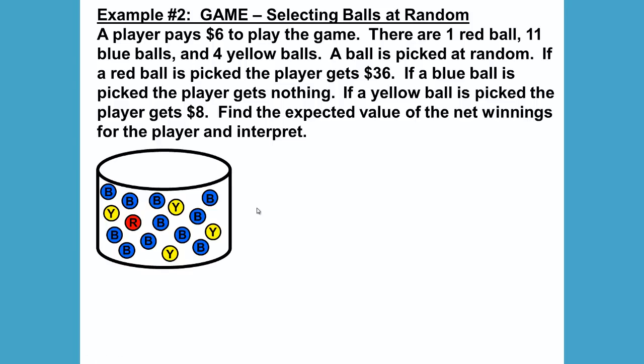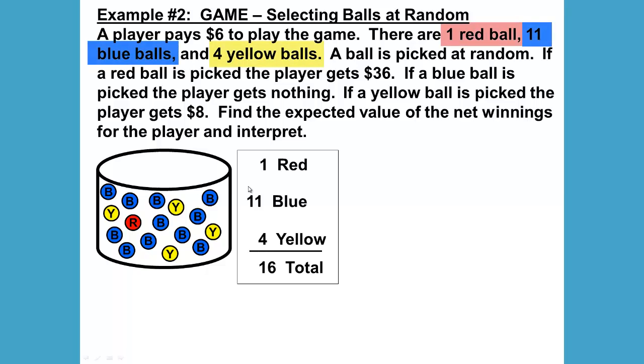First, let's make a drawing to represent what is happening in the words. A picture is worth 1,000 words. A picture of the words will help you take ownership of the problem. As long as it's the teacher's problem, you will not be able to solve it. You've got to make it your problem. So draw your bucket with the balls inside. We have 1 red ball, 11 blue balls, and 4 yellow balls for a total of 16. See how much easier that is to see than trying to get those numbers from the words above.